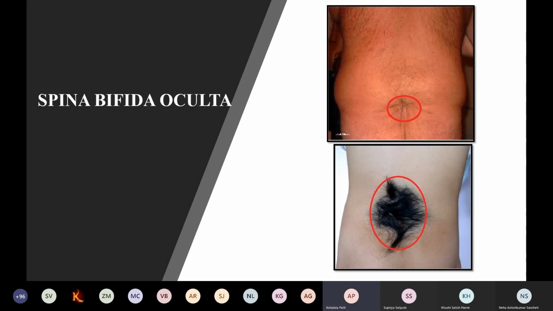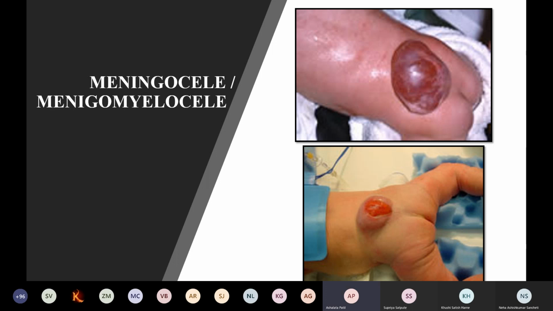Spina bifida occulta is not exactly a defect in the neural tube, but a defect in the vertebral column covering the neural tube. There is failure of fusion of the vertebral arches, and that is seen as a depression in the skin. Sometimes there is only a depression or a tuft of hair coming out. This is spina bifida occulta, a relatively milder condition. Through that defect, sometimes meninges may protrude. This is meningocele. And if nervous tissue, spinal cord, neural tissue is seen, then this is called meningomyelocele.